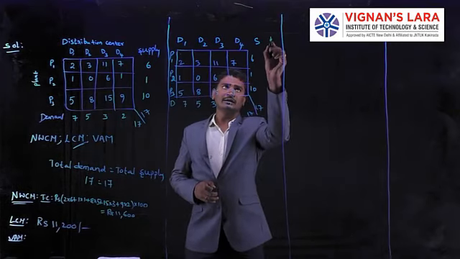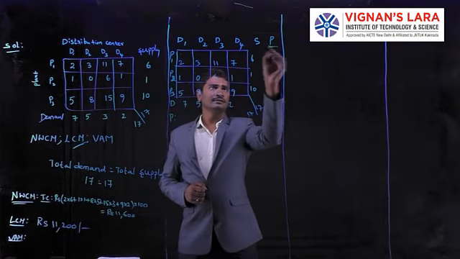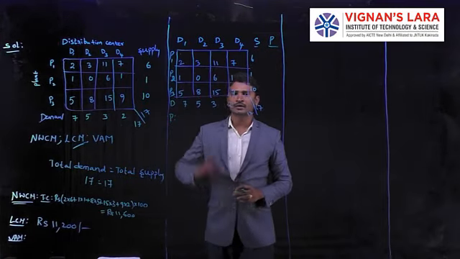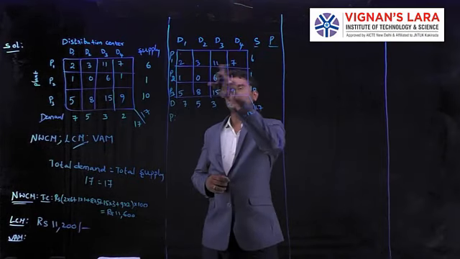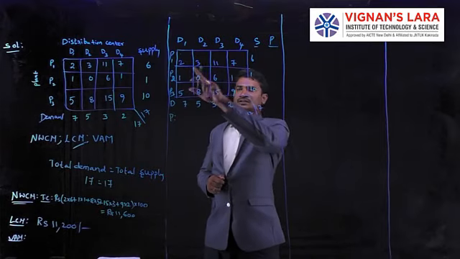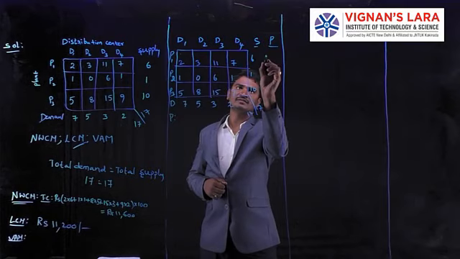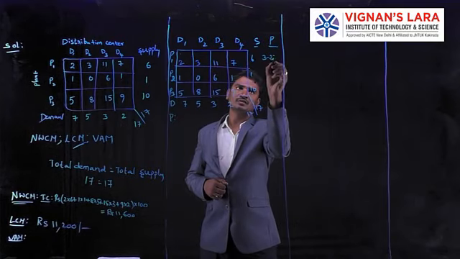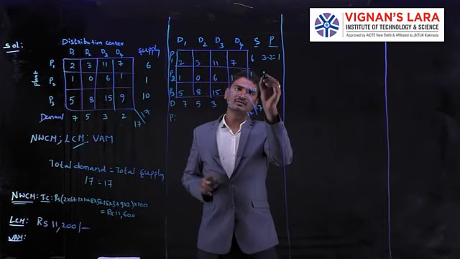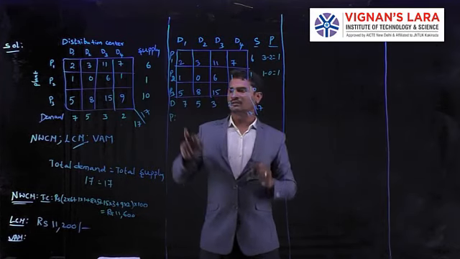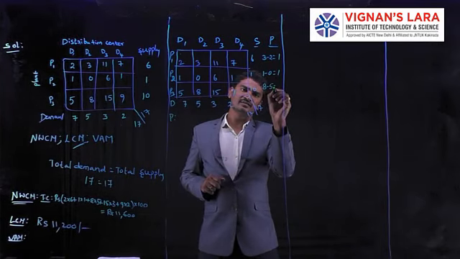Now we are going to calculate the penalties, row penalties and column penalties. How do we calculate the penalty? We have to identify the least costs from the plant. Here in the first plant, the least costs are 2 rupees and 3 rupees. We calculate the difference between these two: 3 minus 2 is equal to 1. Next, the second one, 1 and 0, gives 1. Next, 5 and 8 are the least, so 8 minus 5, the difference is 4.